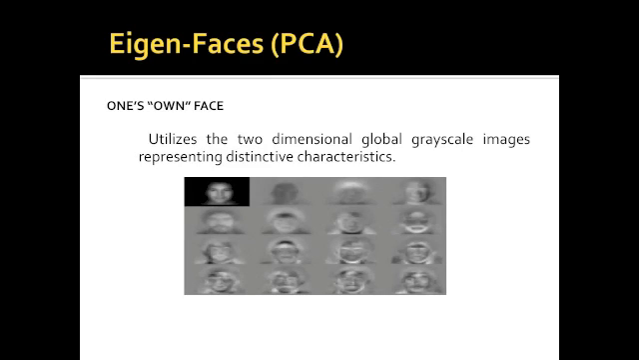I'm going to introduce you the heart of it, the most important ones: Eigen-Faces, which is basically PCA, and ICA that we mostly use in this class, and the proposed algorithm, non-negative ICA. Eigen-Faces, meaning one's own face, utilizes two-dimensional global grayscale images representing distinctive characters. PCA generally gets the most important features from multidimensional data,